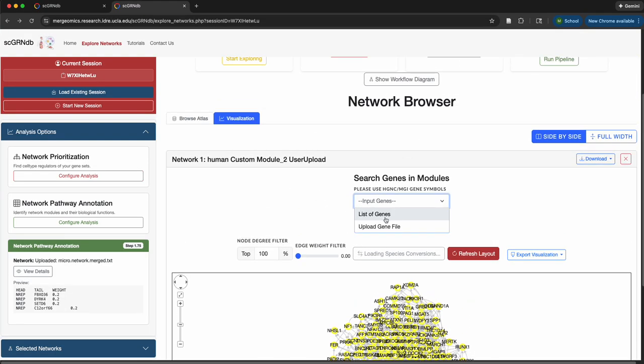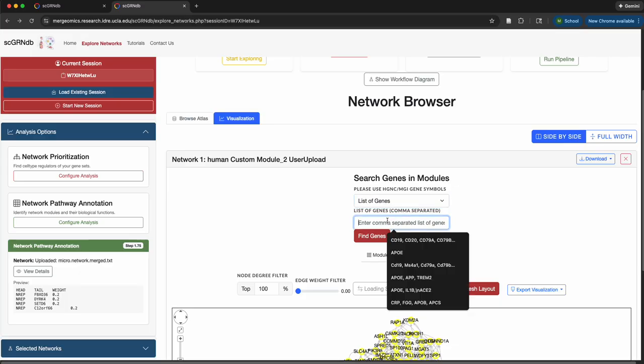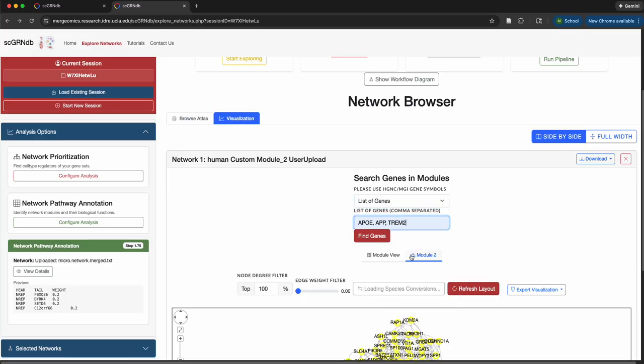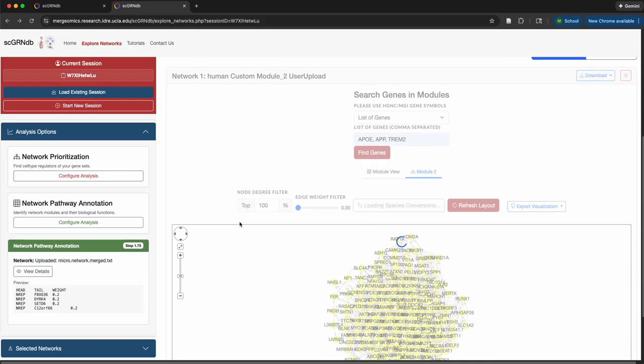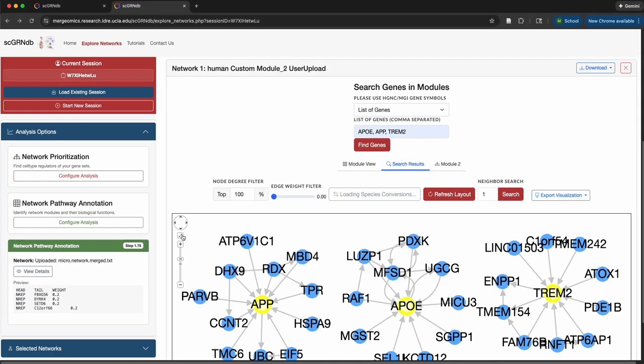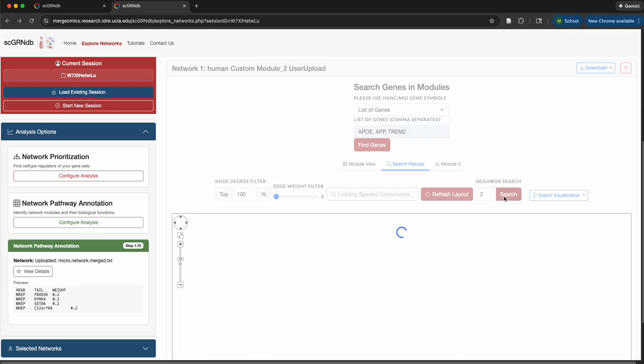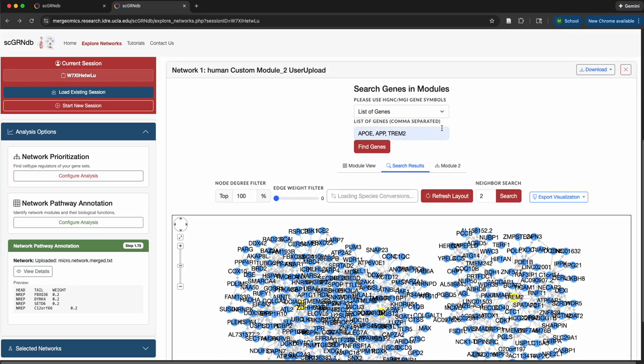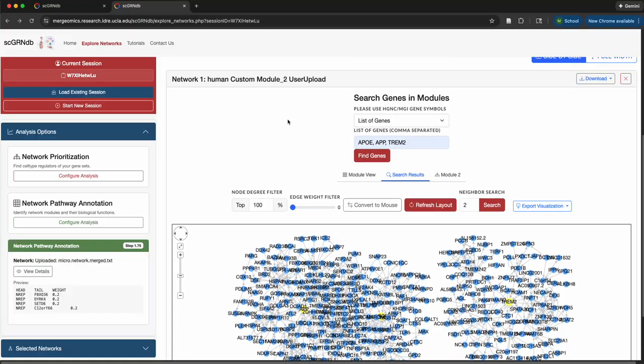Another thing we can do is search for lists of genes. Let's say I want to look at APOE, APP, and TREM2 here. These are hallmark Alzheimer's disease genes. I can also search for those here in the search result, as well as increase the search if I want to. Great, now that that's loaded,